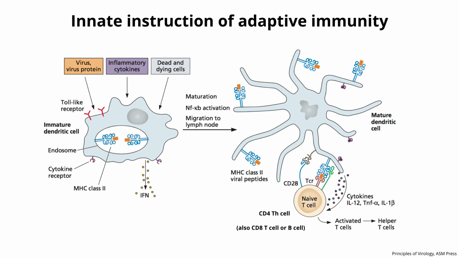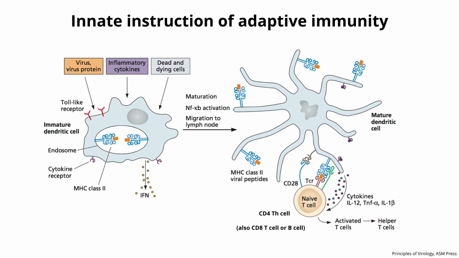It is a short amino acid sequence derived from a larger protein. And the DC has picked these up by endocytosis, for example. Here the peptides are in the endosome, and then they're brought to the surface of the DC during maturation. And this DC will go to the lymph node and present this to a T or a B cell and ask, is this foreign? Of course, it doesn't ask because it can't speak, but what it does is it simply